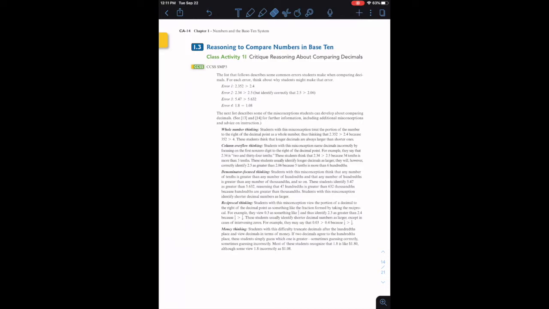Welcome to section 1.3. We're going to be focusing on comparing decimals and ordering decimals, looking for decimals between decimals. So we're really going to dive into numbers that were expressed in the decimal system. We're going to be using our understanding of base 10 in order to build on the understanding of decimal numbers. One thing that may be helpful is to look back to our bundling example where we're representing decimals in bundles